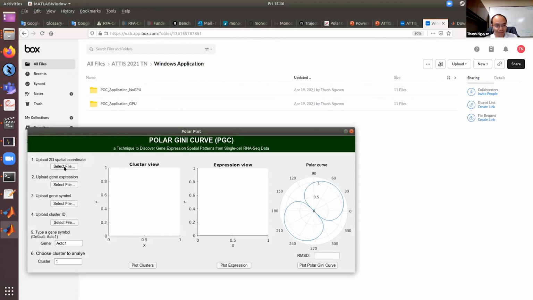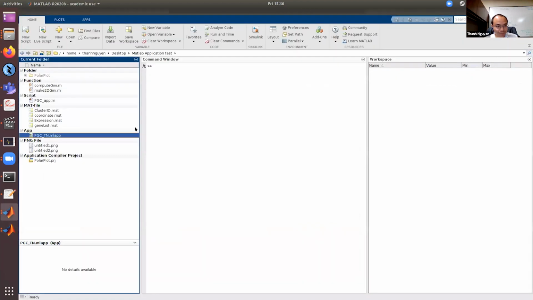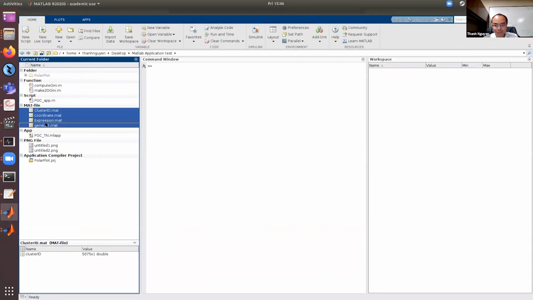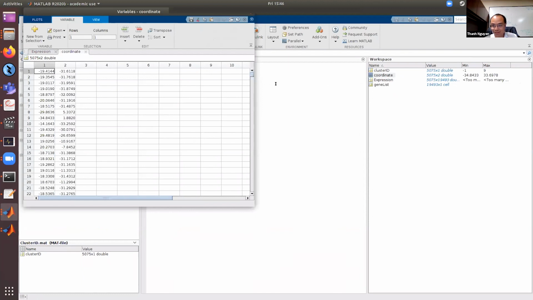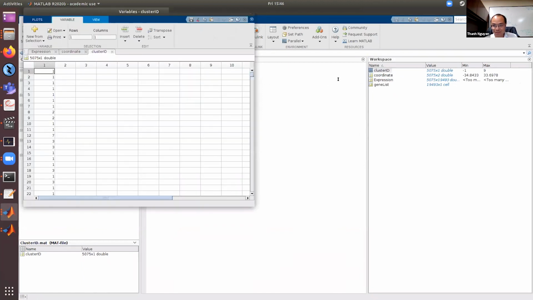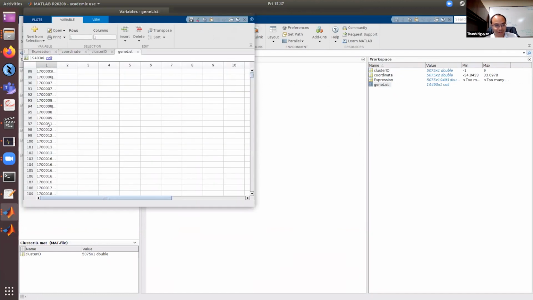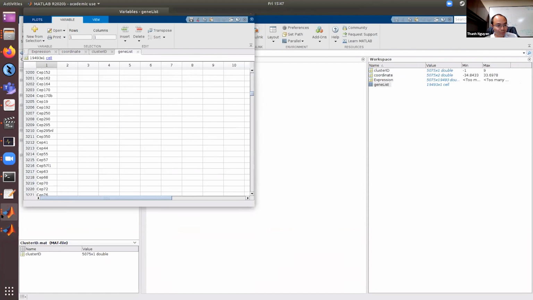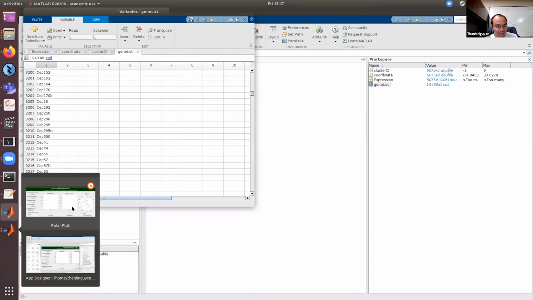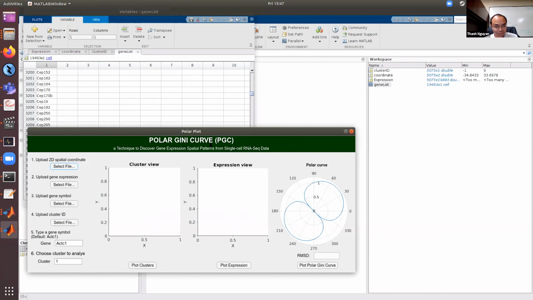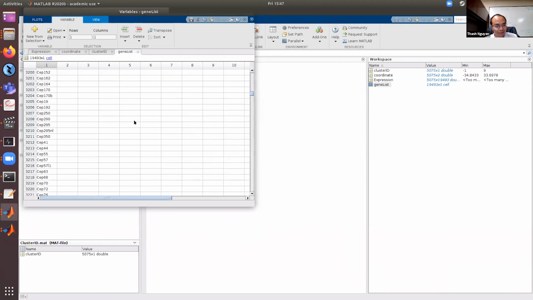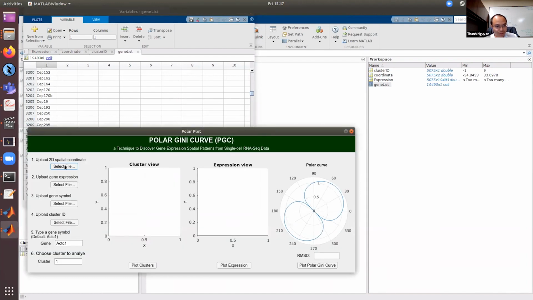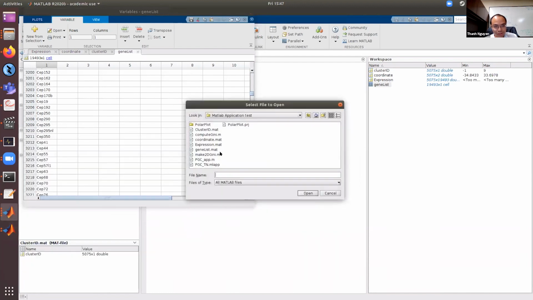Basically, you can see here we have the expression matrix. We have the x and y coordinates for all cells. We have the cluster ID for all cells, and we have the gene list, the genes we want to investigate. We load them into the app. So I load the 2D coordinates, and then the expression,